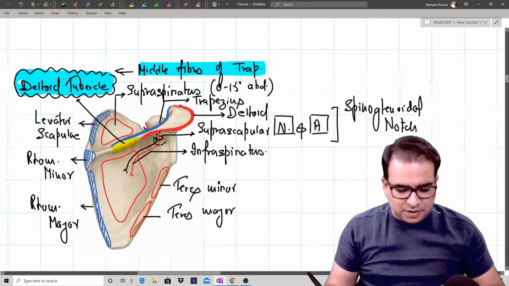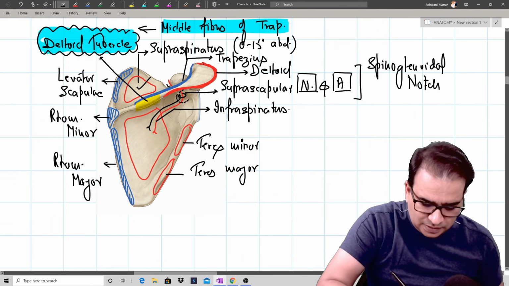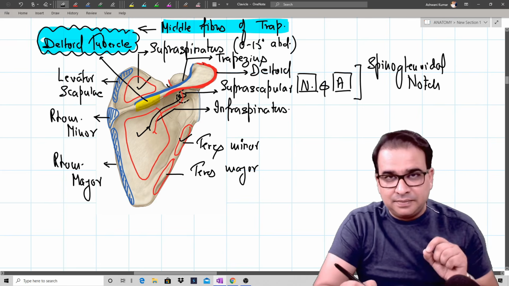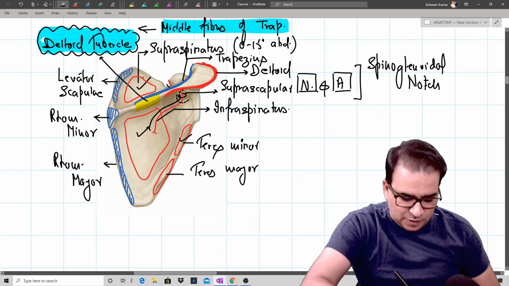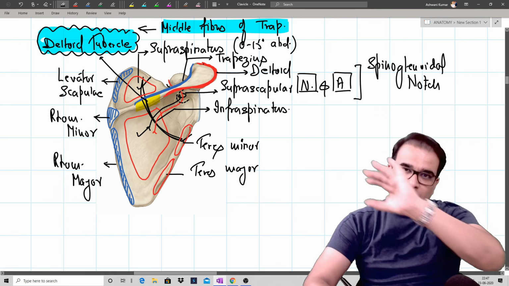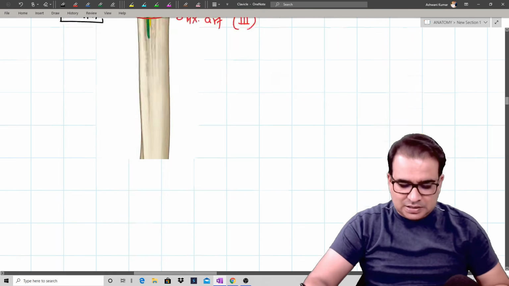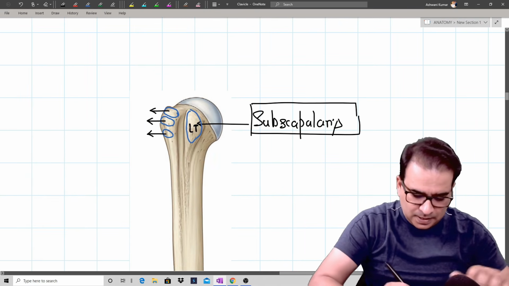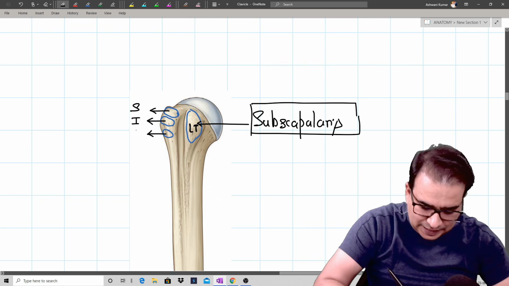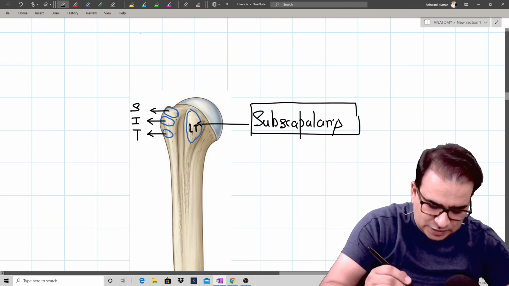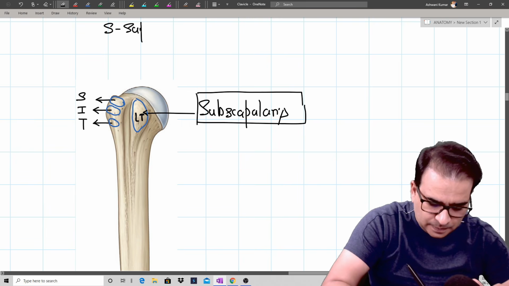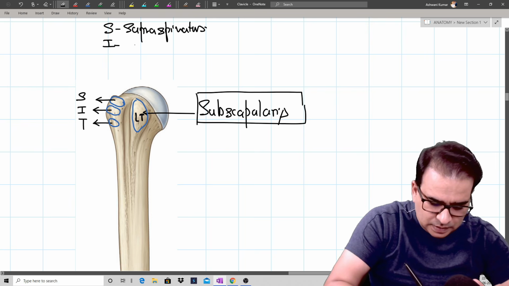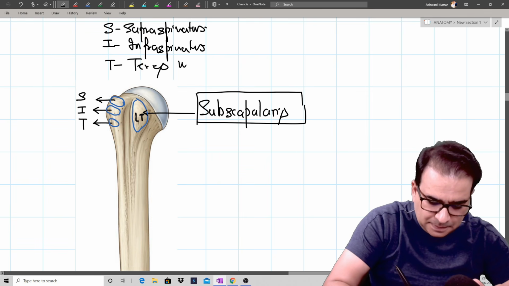If I just take you back to this picture here, look at the three muscles here. That's supraspinatus, which is here, infraspinatus, and then we have teres minor. Supraspinatus, infraspinatus, and teres minor. Look at these three muscles in this sequence. They're all three converging from the posterior side and going and inserting to the so-called SIT muscles, SIT. The S is for the supraspinatus, of course. Supraspinatus. Infraspinatus, and T is for the teres minor.